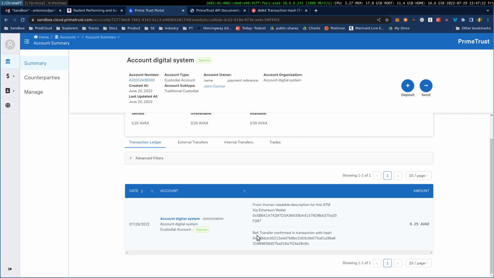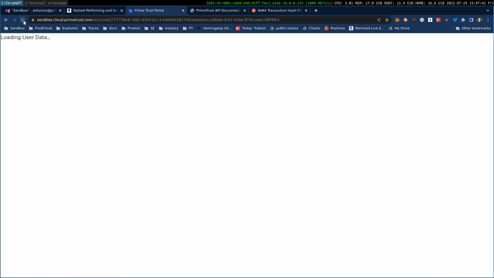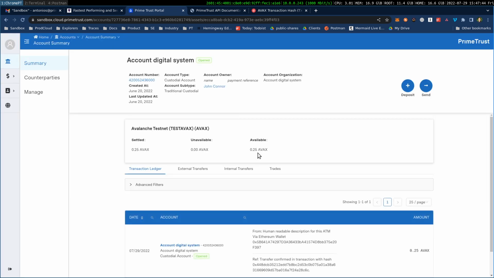And here you see this is data that was actually inserted from the blockchain for this 0.25 AVAX that we sent into the sandbox. If I refresh the page here, we should see that the unavailable is now available. And we do. The reason for that is that the contingent hold is briefly on the transfer and it's asynchronously removed. If we go to take a look at the webhooks that were generated from this transaction,